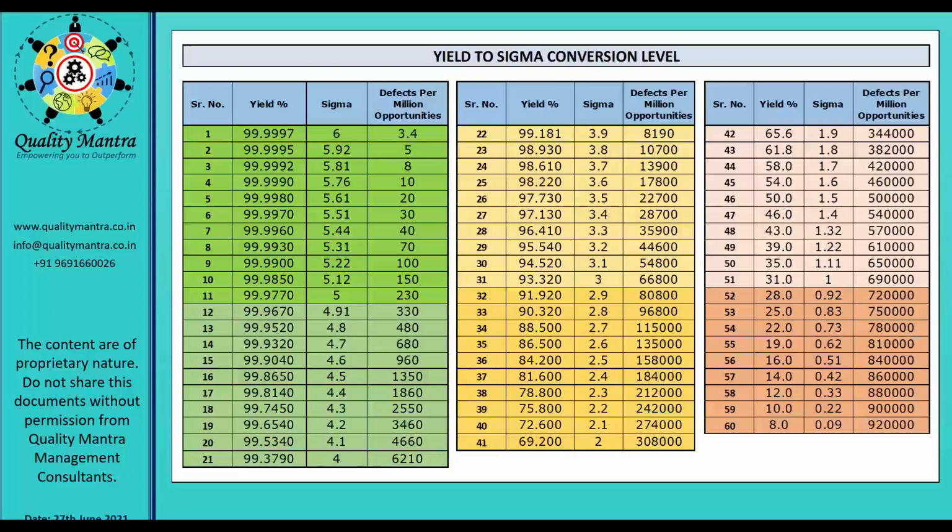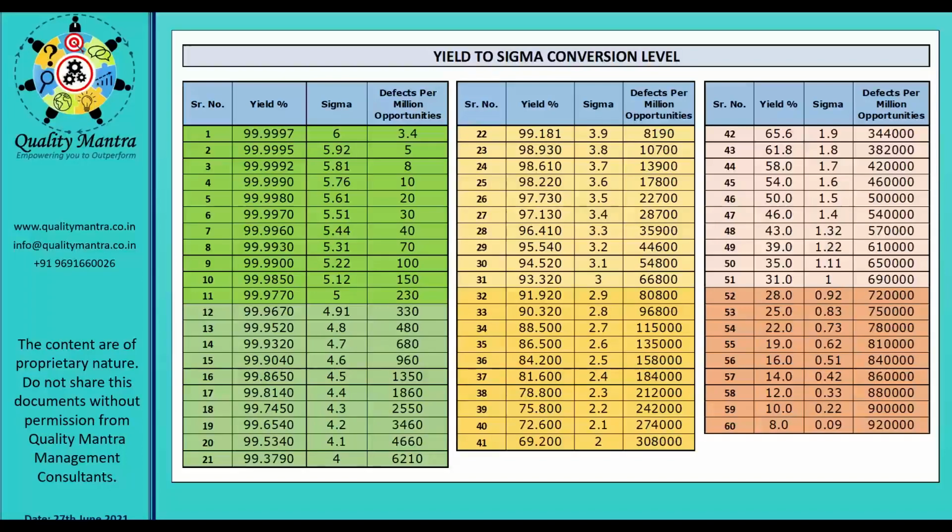There are various states of process. There is a natural tendency for the process to deteriorate over a period of time, and control charts will give you the opportunity to predict this variation, predict this degradation, and take actions in time. If you take action in time, your process variation will be less and your process will be more capable.